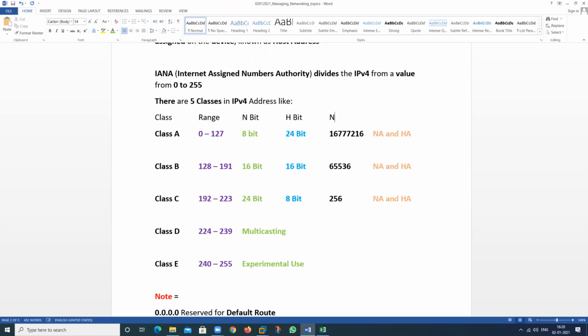These are the number of PCs that I want to assign, and these are the reserved addresses that can be used. This is my class, this is my range, this is the network bit, this is the host bit. These are the number of PCs and these are the reserved. Suppose we want to assign an IP address on any device,